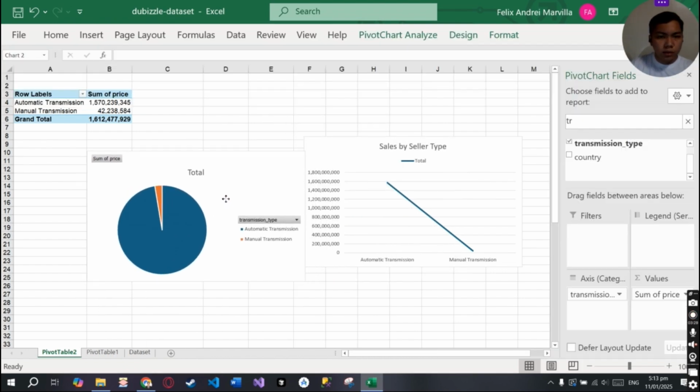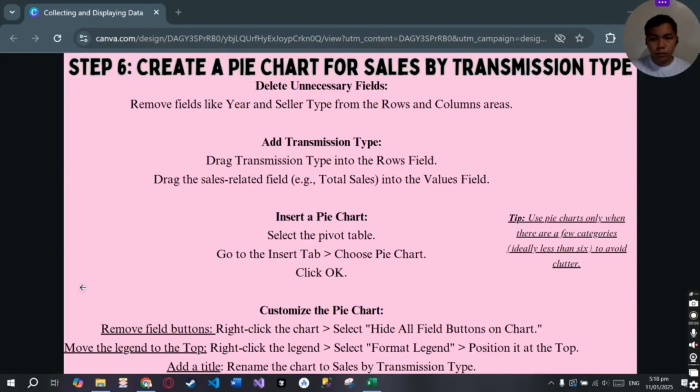Ito. And additional tip, use pie charts only when there are a few categories, ideally less than 6 to avoid clutter.